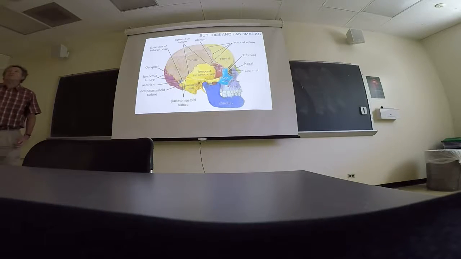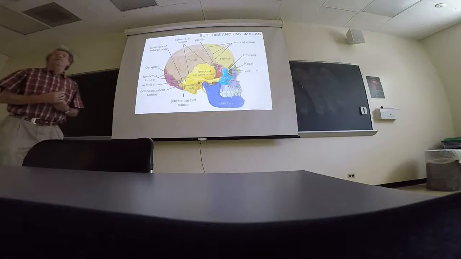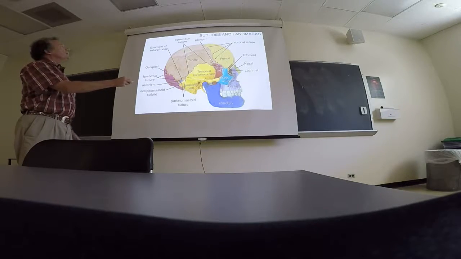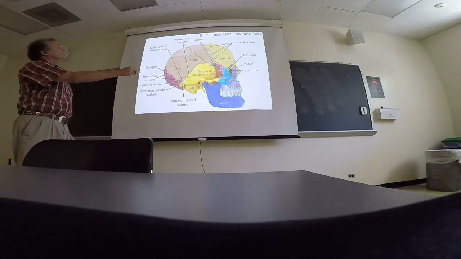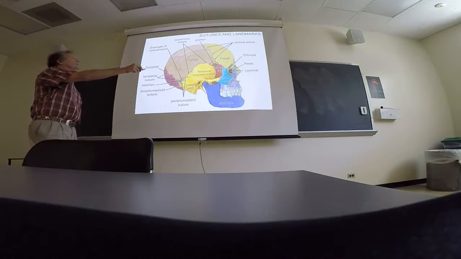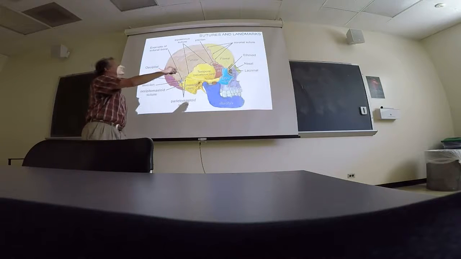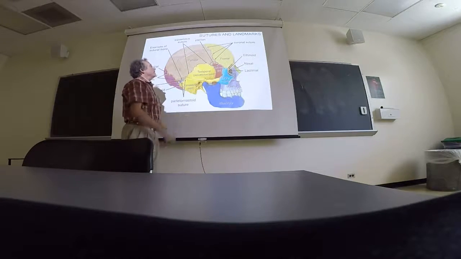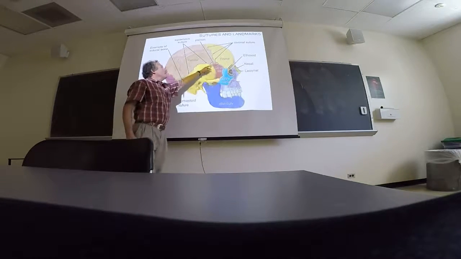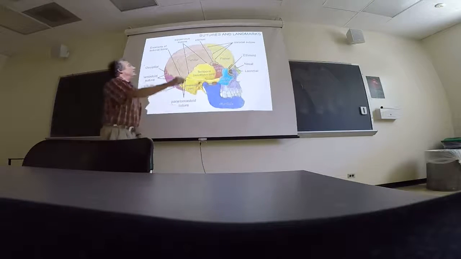Okay, and a place where this commonly happens, very commonly, is this area here where frontal, parietal, sphenoid, and temporal come together. You've got relatively thin bits, lots of junctions. You get hit on the side of the head with a baseball bat or something right there. Little bits of these bones can break, and